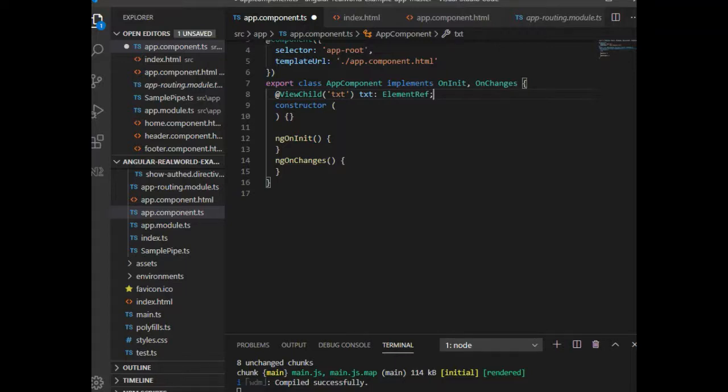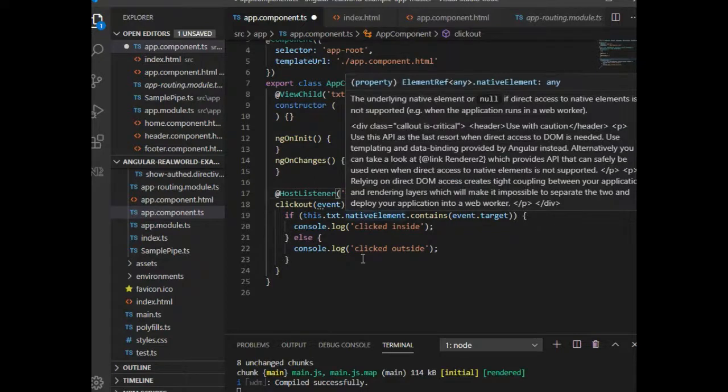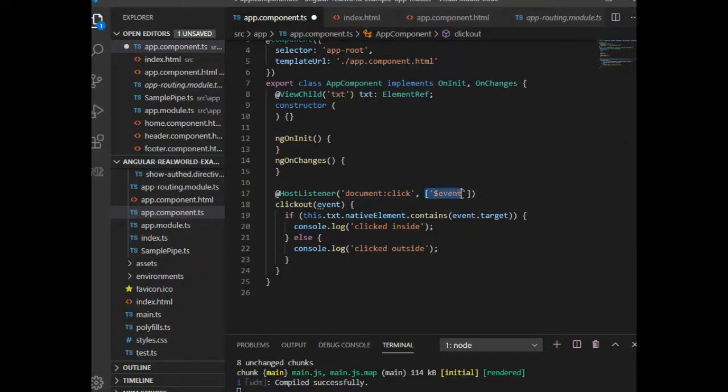So for that HostListener, I have some code. I am copy pasting that code over here. This is the HostListener. It takes two things: the event name, which is the click event or any other event that occurs, and the second is the arguments. This is the set of arguments that the handler method takes, the event, which shows what event occurs.